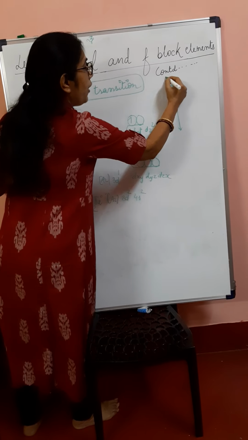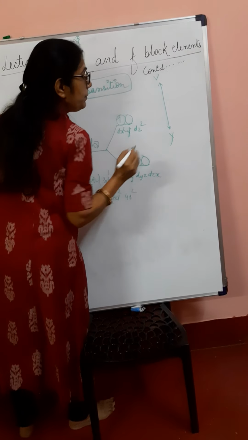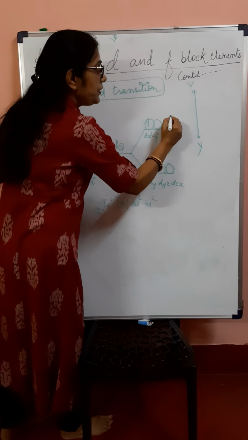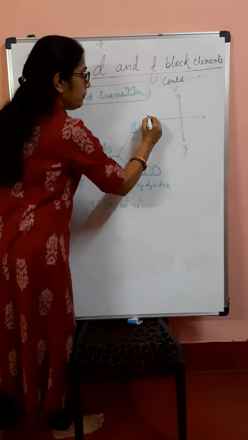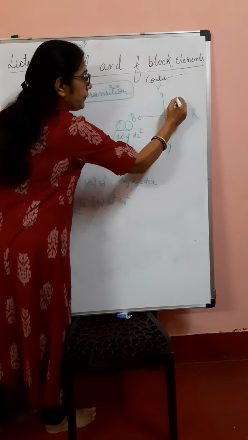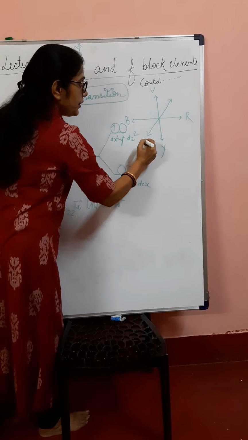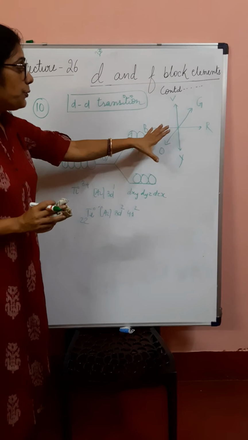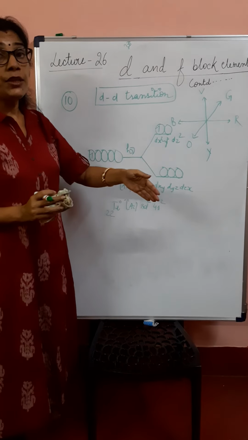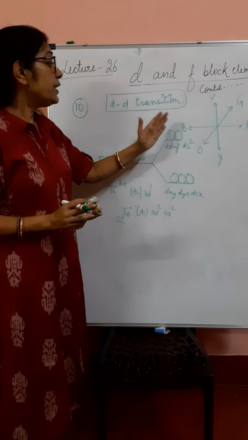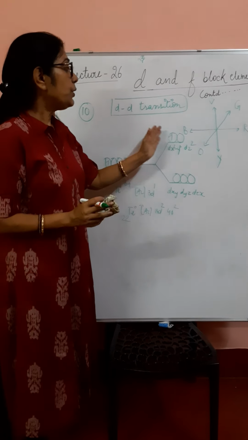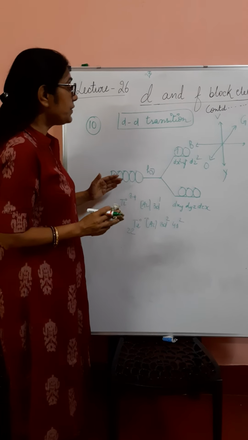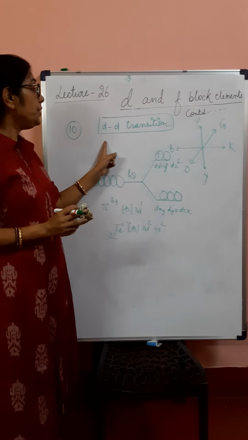I'll give you violet and yellow. In p block elements also I had explained about it. Violet and yellow are complementary to each other. Then blue and red, and orange and green. So this you should learn. Whenever a question is there, why do they appear yellow? Because it absorbs violet. Why does it appear blue? Suppose in the case of copper, because copper absorbs red color, therefore it appears blue. And the main reason behind the color is d-d transition.